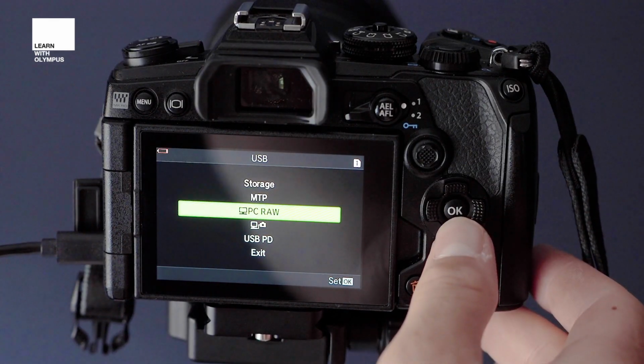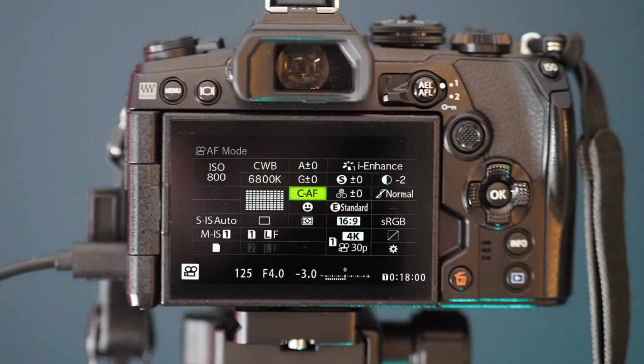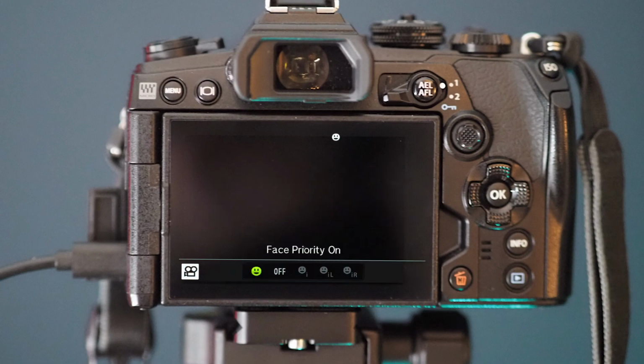Scroll down to the USB tether icon, then put it in video mode on the top dial, and then pop it in continuous autofocus using the super control panel on the back. Now, as long as your manual focus ring is pulled forward, if you have a camera that does that, you should be good to go. Just click the link in the description to download the software, and then I'm going to jump into the computer now